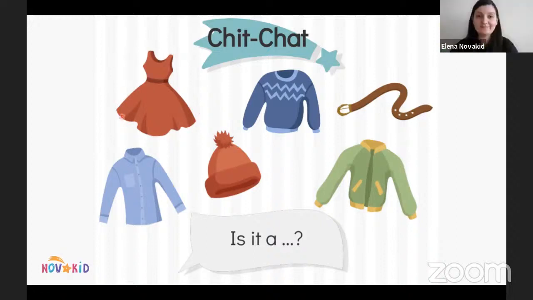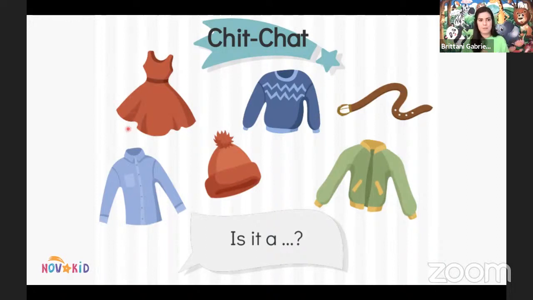Dress. Excellent, Elena. Now, if she doesn't, I could say sweater or dress. Giving her options helps scaffold to her level. And it also provides a little clue for her to remember what the vocabulary is.